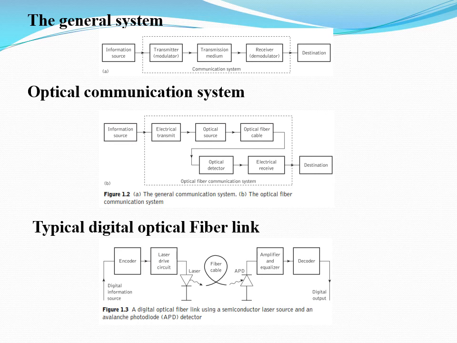If I consider an example under optical detector, it may be a PIN photodiode or it may be an APD, that is, an avalanche photodiode. Using either an APD or a PIN photodetector, we can perform the conversion from optical to electrical. And here in the block you can also see an electrical receive part, which is nothing but electrical circuit elements like an amplifier circuit or maybe an equalizer circuit.